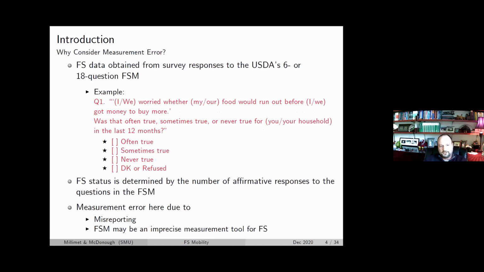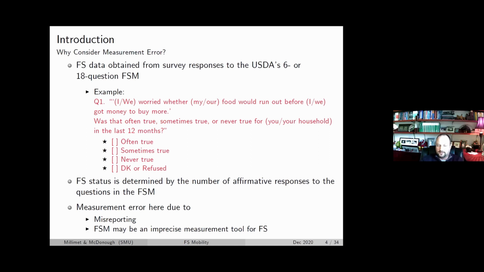So why do we worry about measurement error? People in the food security literature are worried about measurement error in food security. So it is something that literature, at least some people within that literature, are worried about. The main source of measurement error is that we're worried about people in their self-reports when they answer the questions on this food security module, whether it's because of stigma, whether it's because these are recall questions and that introduces measurement error, whatever it might be.